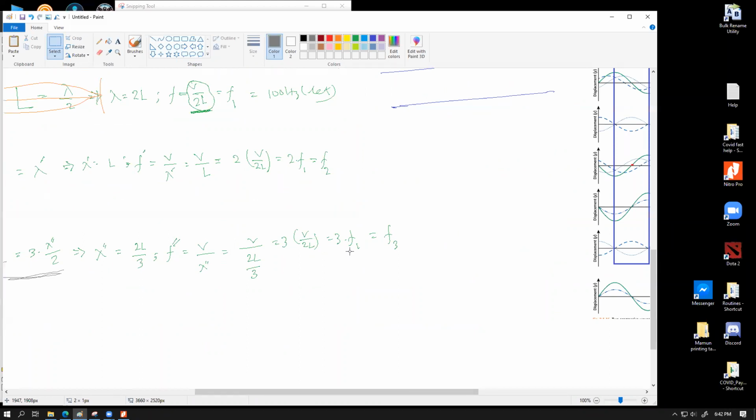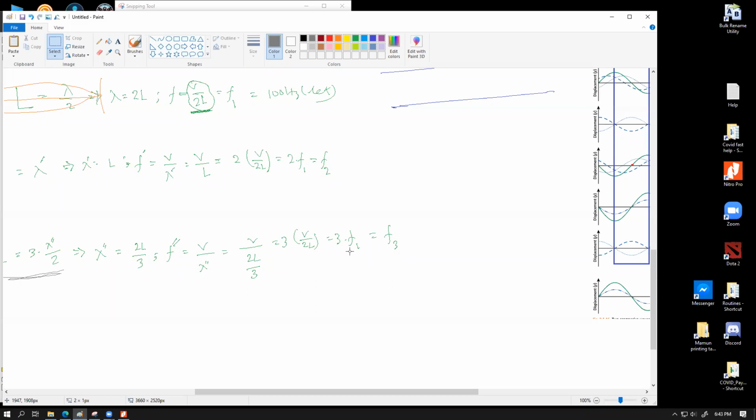So strings and both end closed tubes, both end open tubes behave in similar ways, in that we can get all the multiples. I'm using the word all because a bit of difference will be shown after a while. We can get all the multiples of lambda, and all the multiples of the fundamental frequency. We can first get the fundamental frequency. Fundamental frequency is basically the smallest frequency you can produce, which happens for the biggest lambda, and then you can have multiples of that frequency produced depending on the bigger amount of frequency that you try to get. So you can get second harmonic, third harmonic, fourth harmonic, sixth harmonic, fifth harmonic. You can get all the harmonics out of